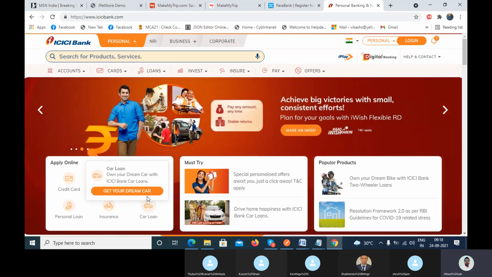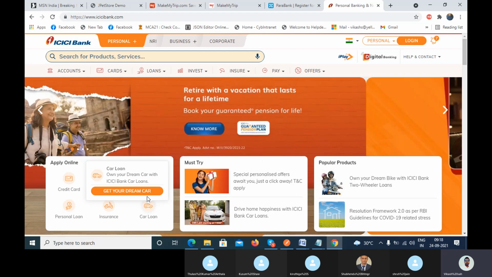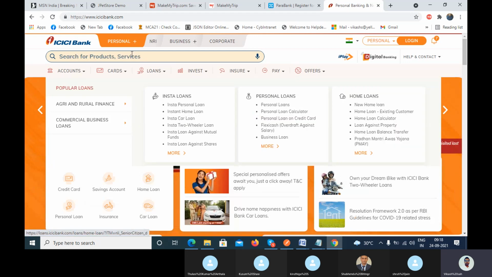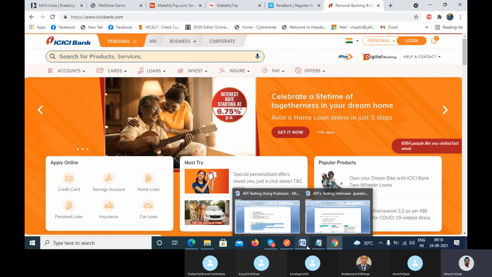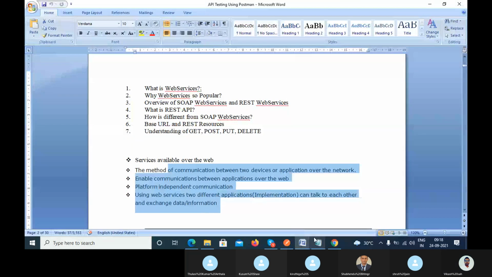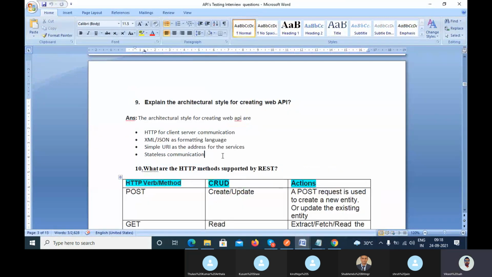That requires one GUI and a browser to do the testing. But if there is any testing where you don't require the browser, where you don't require the GUI, that is known as stateless or headless communication, right?